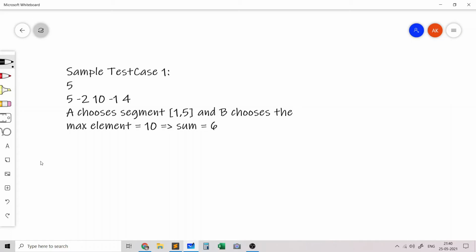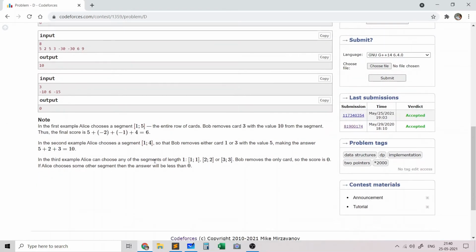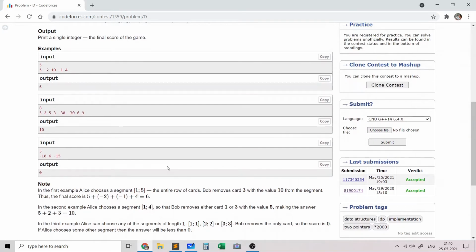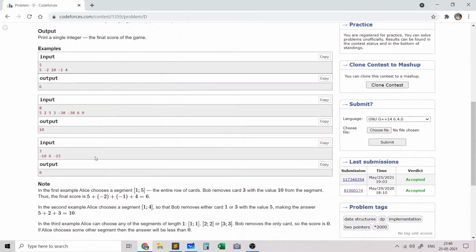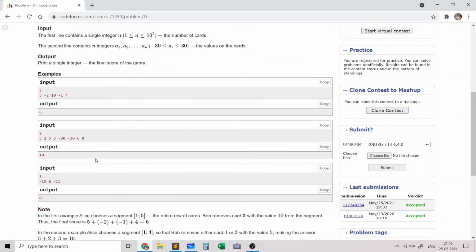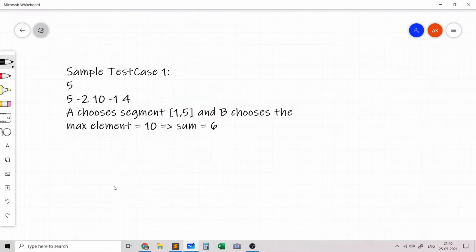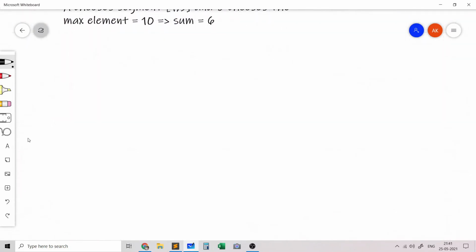This means that the sum of the remaining numbers will be 5 minus 2 minus 1 plus 4, and that will be 6. And you can verify that 6 is the correct output. You can similarly check that the answers for the second and the third sample test cases will be 10 and 0.